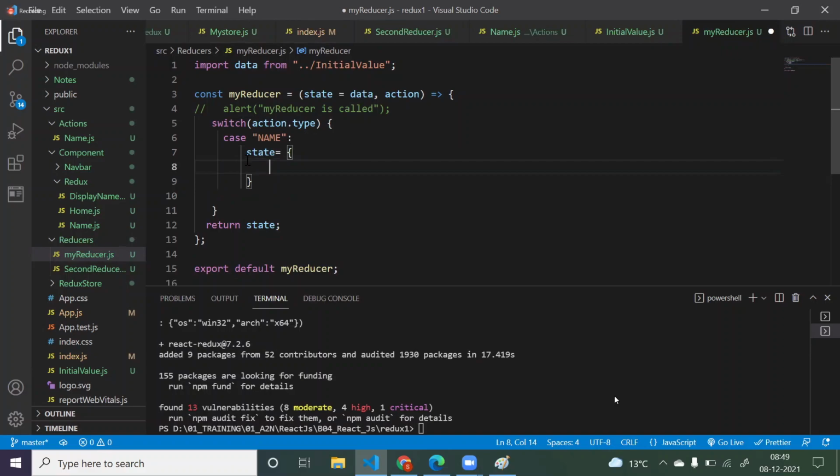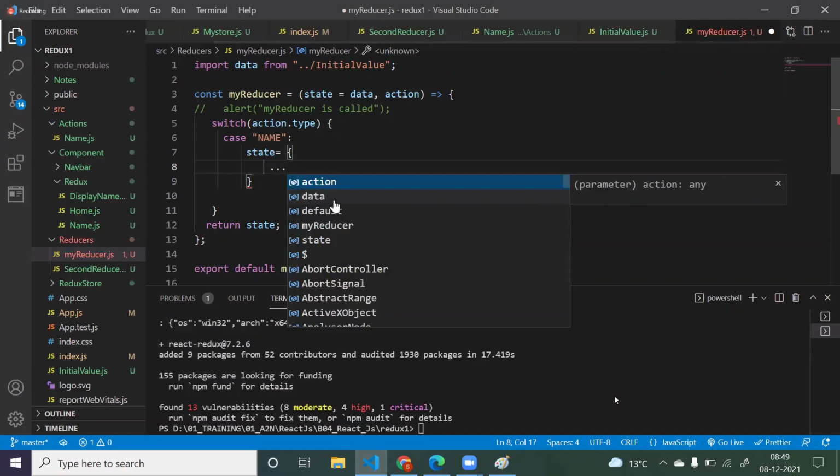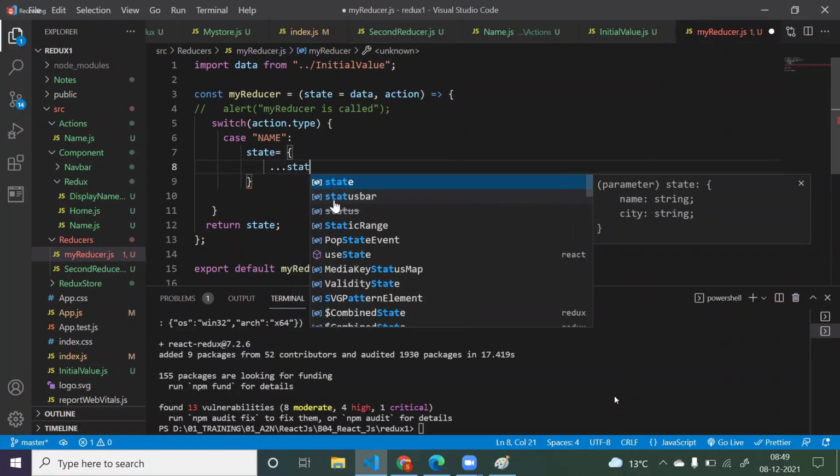First copy all the properties of this data. Like this we have two properties, name and city, right? Copy those properties. How to copy? For that we have to use the spread operator. To use the spread operator, simply write three dots and write the object name. The object name is state.